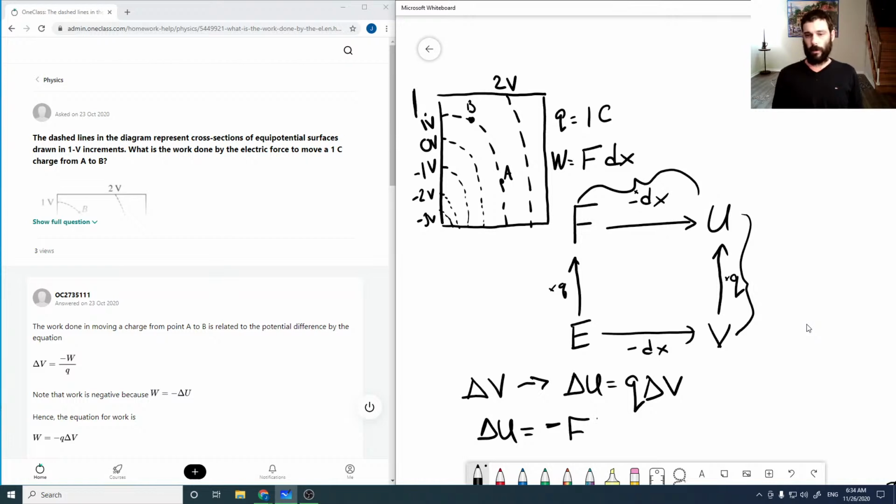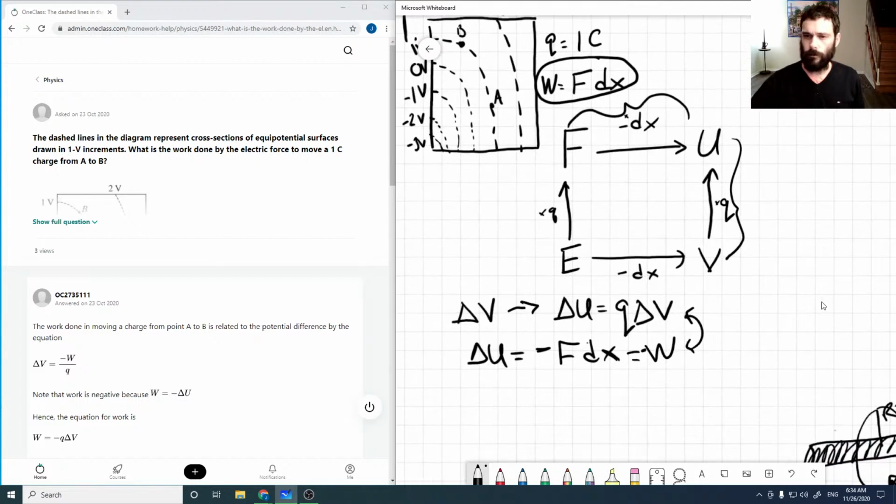I'll keep it as dx, like that. And so comparing that to our expression above, then our change in energy is just the negative of our work, actually. And so that means the negative of our work, relating these two expressions,